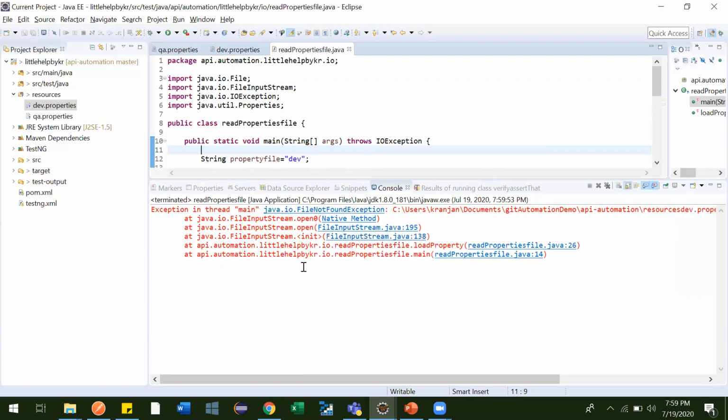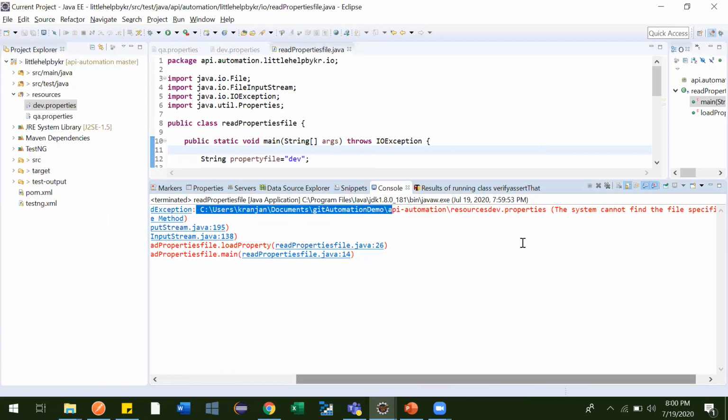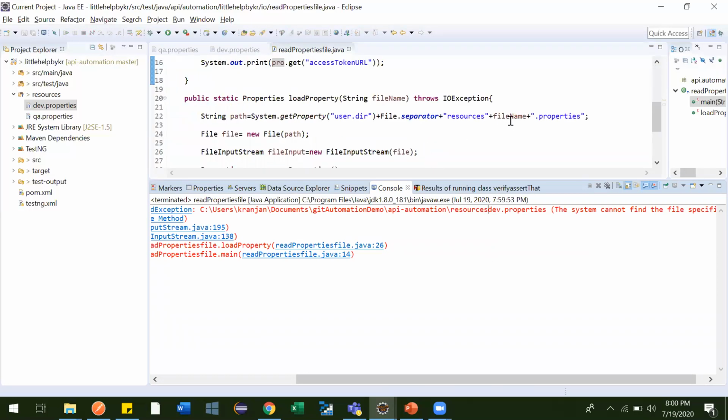What is that exception coming, exception in main thread? So what it is telling is that under these resources, this dev properties is not there. Why? See, here we have made one mistake, one file separator is required, and that file separator is missing.